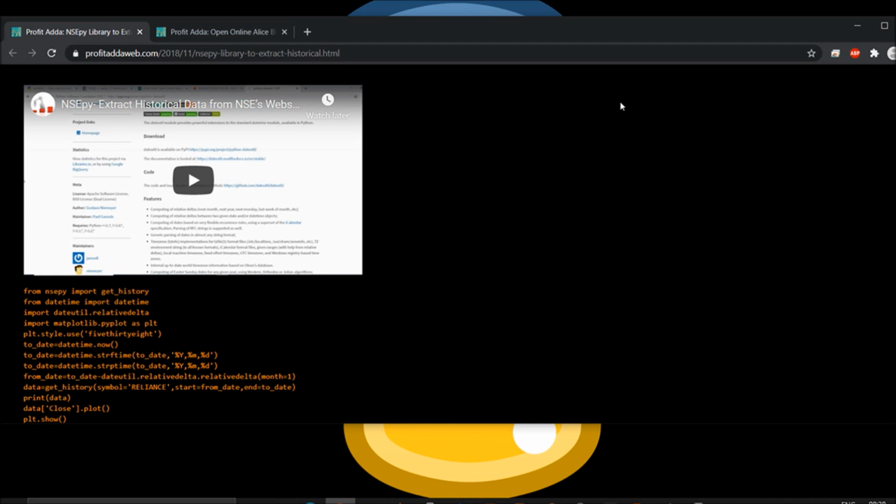We won't require minute-by-minute data for analysis or to perform algorithmic trading. But if you want to go with programmatic trading, algorithmic trading, or real-time trading, you require real-time data. This is one of the free options.